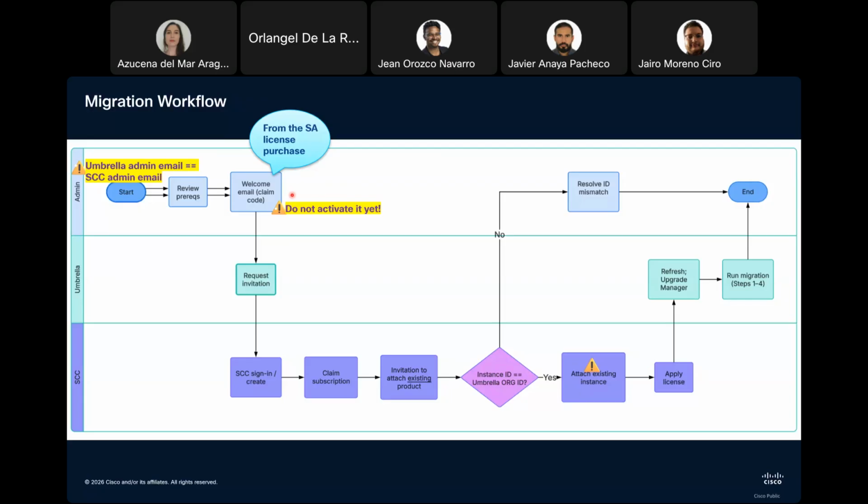So if you are migrating from Umbrella to Secure Access, the first thing to do, once you review the prerequisites, the limitations, and so on, is go to the Umbrella dashboard and click on request invitation. And this can only be done once, so please make sure that you are the administrator that will do the whole process. Once you click on the button to request the invitation in the Umbrella dashboard, you go to